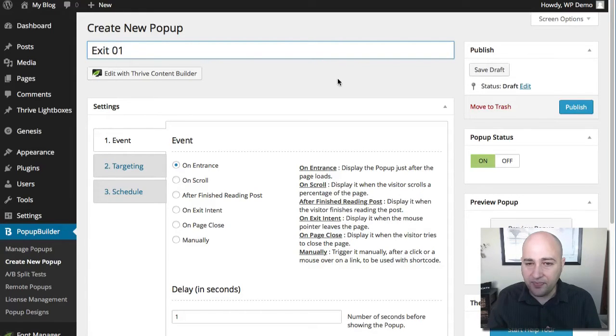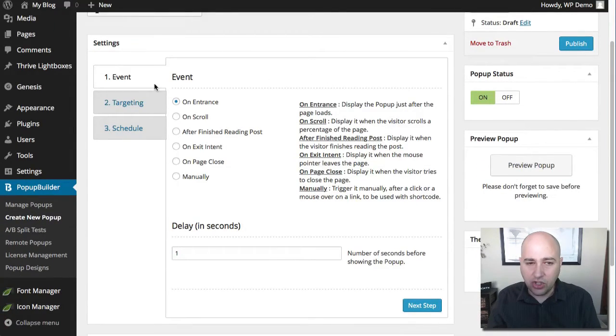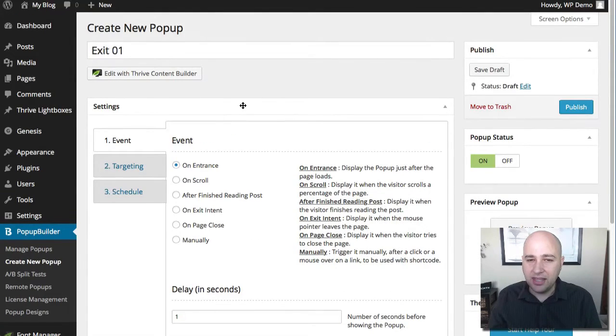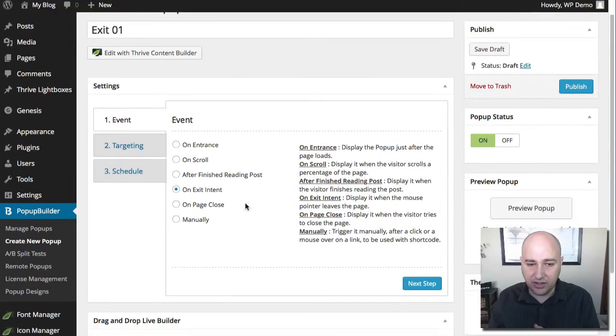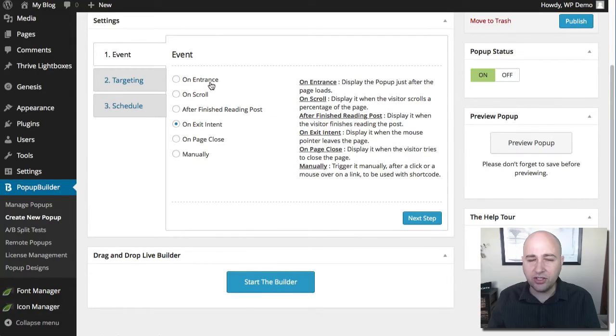Anyways, once you do that, you can choose your different triggers right here. And since I'm going to make this an exit pop-up, that's where when your mouse goes outside of the browser window to say navigate away from the page, it's going to trigger this pop-up. So that's exit intent right there. But there's other really cool ones, like on entrance. So as soon as someone hits your page, it'll pop up. Or when someone scrolls a certain point down the page. Here's a really cool one. Instead of having a little opt-in box at the bottom of your post, you can just have a pop-up as soon as someone gets to the bottom of your post.